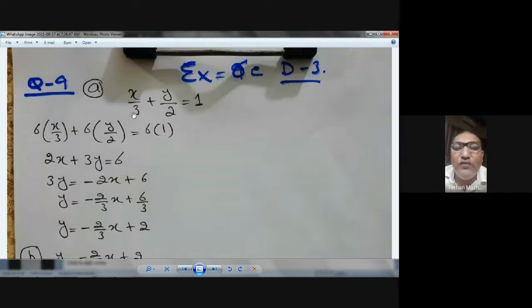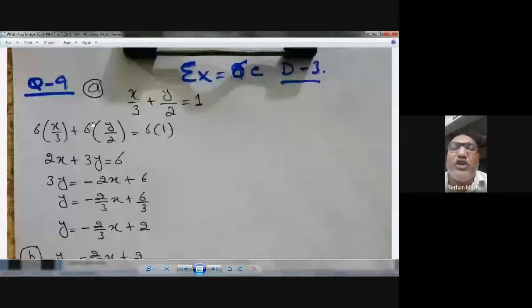So first thing which I want to do is get rid of these denominators, because the LCM of 3 and 2 is 6. So what we will do, we will multiply each term. There are 3 terms in this equation. Each term with that LCM, and that is 6. So you see here I have 6 multiply x by 3 plus 6 multiply y by 2 equals to 6 multiply 1. This 3 and 6 will be cancelled. You will have 2. 2 multiply x, that will be 2x. This 2 and this 6 will be cancelled. You get 3. 3 multiply y, 3y. This 6 will multiply with the 1, and that will give you 6.